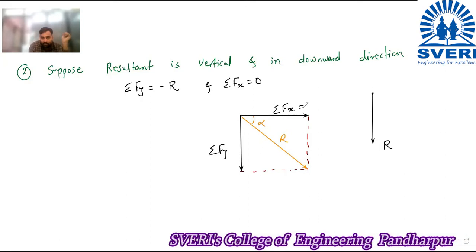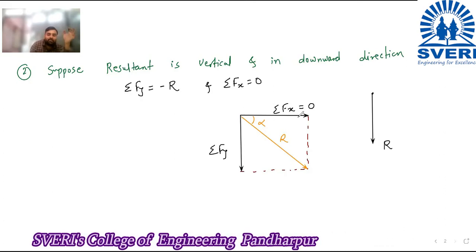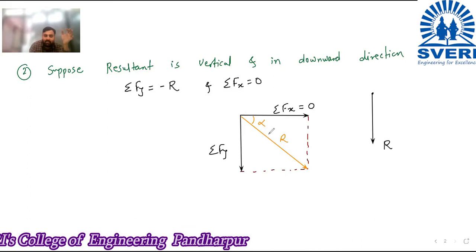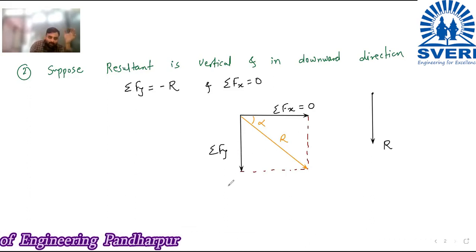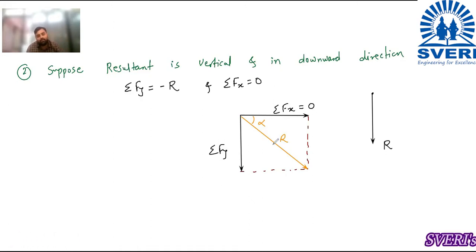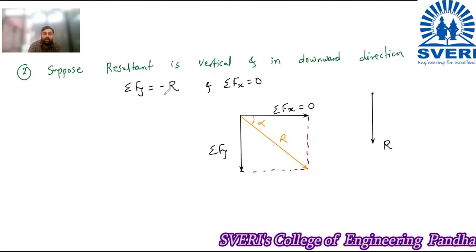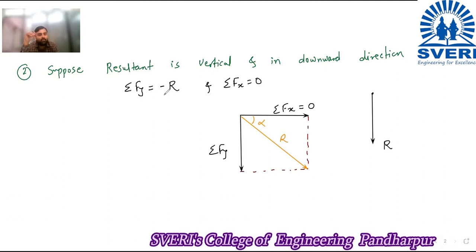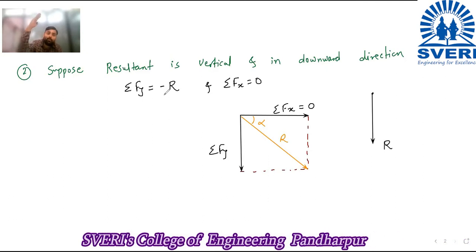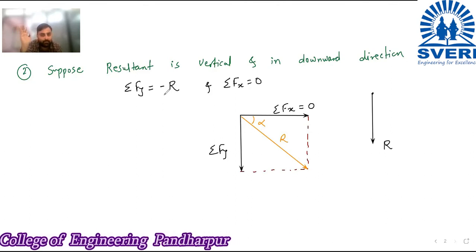Now if I put summation Fx equal to 0, जर मी इथे सांगितलं की समेशन एफ एक्स 0 आहे, म्हणजे या साईडला फोर्सच नाहीये, तर आर तुमचा कसा होईल, व्हर्टिकल होईल का नाही? Yes sir. समेशन एफ वाय इक्वल टू काय होईल, आर होऊन जाईल. So that is the thing. Now R is moving downwards, so we have denoted it over here by minus R. In the previous case, it is told to us that resultant is moving upward. That is why we have taken summation Fy equal to plus R.